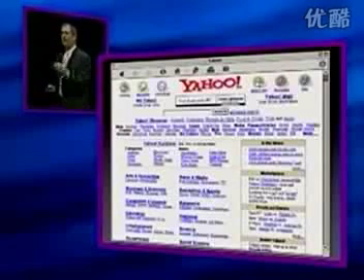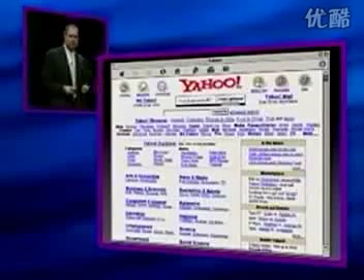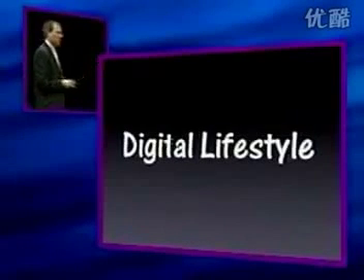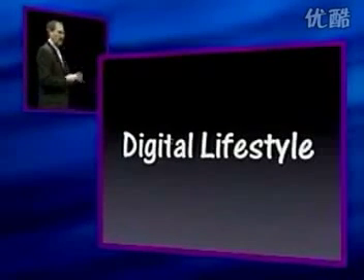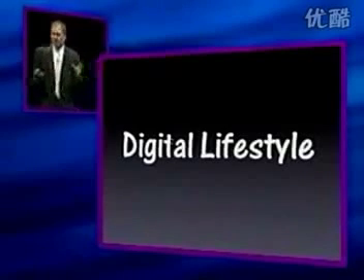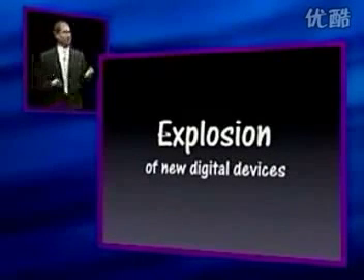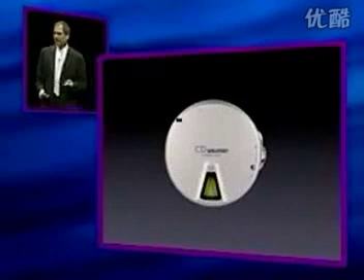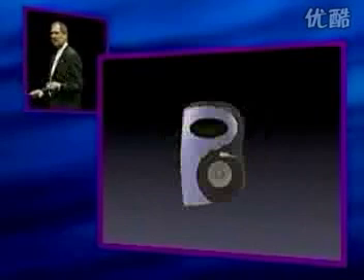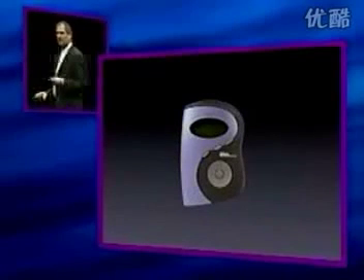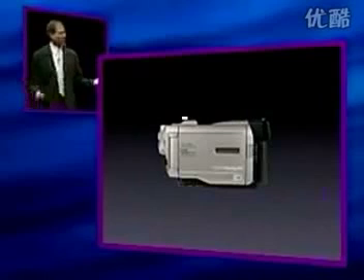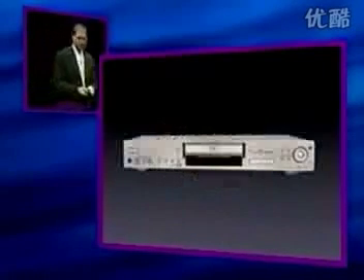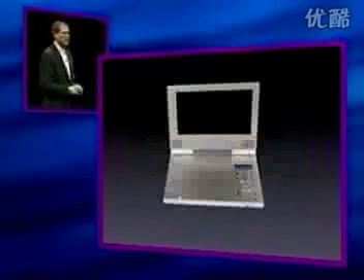We believe we're about to enter the third great age of personal computing, starting this year. And that is the age of digital lifestyle. And that age is being driven by an explosion of new digital devices. You know what they are: cell phones, portable digital music, both optical and solid state, digital camcorders everywhere, DVD players exploding,